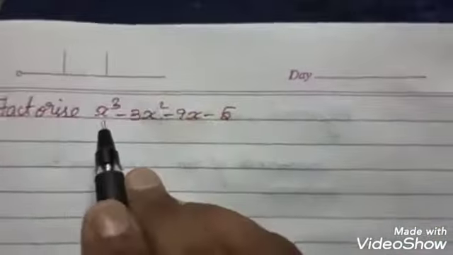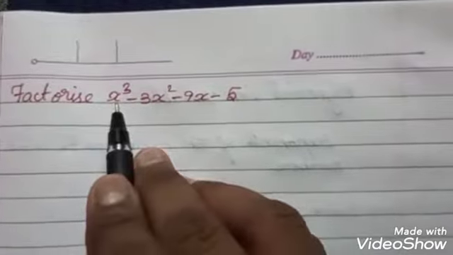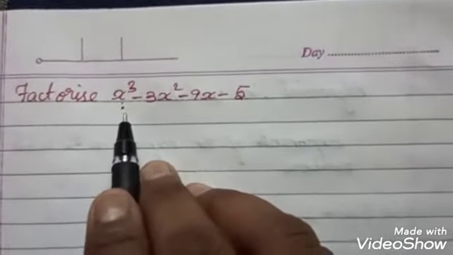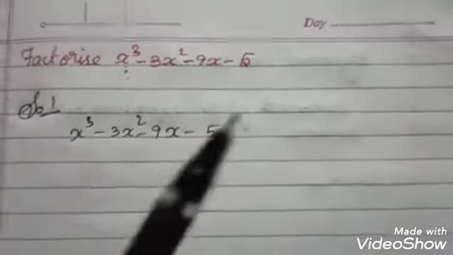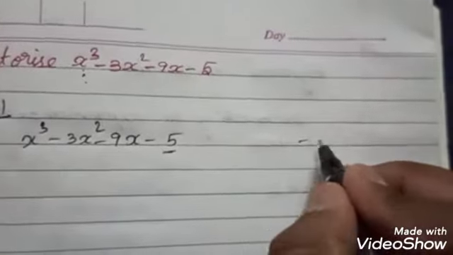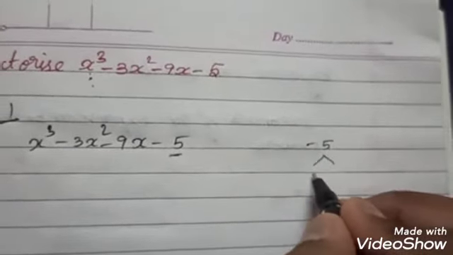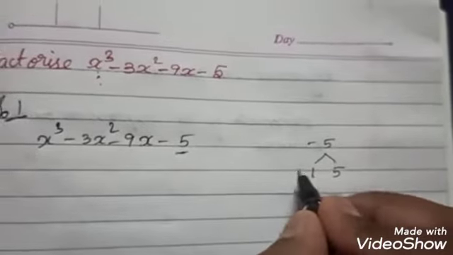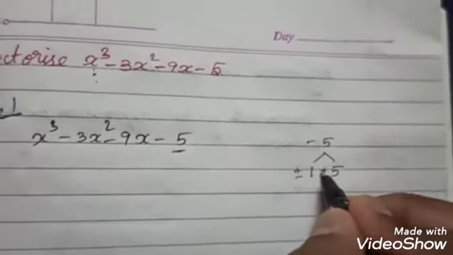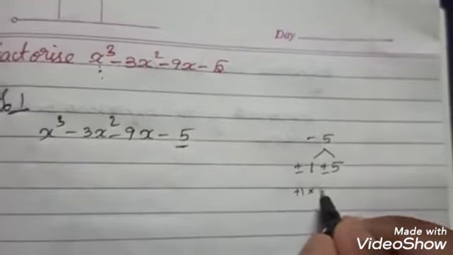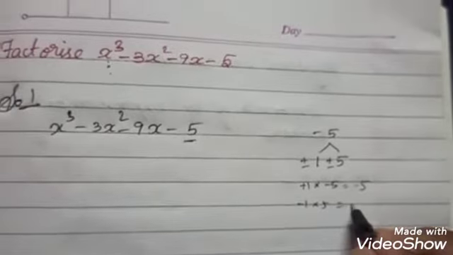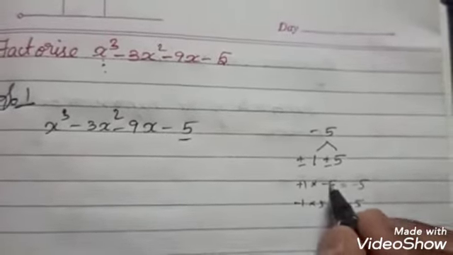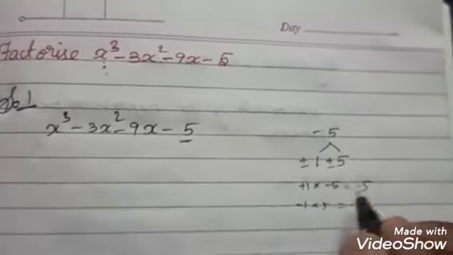Next, we move on to factorization of a cubic polynomial. For a cubic polynomial, you know that you have to use a different method, synthetic division. So here you see this is a cubic polynomial. We have to first find the factors of this 5, minus 5. You know that 5 is a prime number. The only values are 1 and 5. It should be plus or minus 1, plus or minus 5. It may be plus 1 into minus 5, you get minus 5, or minus 1 into plus 5, you get minus 5. So that's why plus or minus 5, plus or minus 1 are the factors of 5.